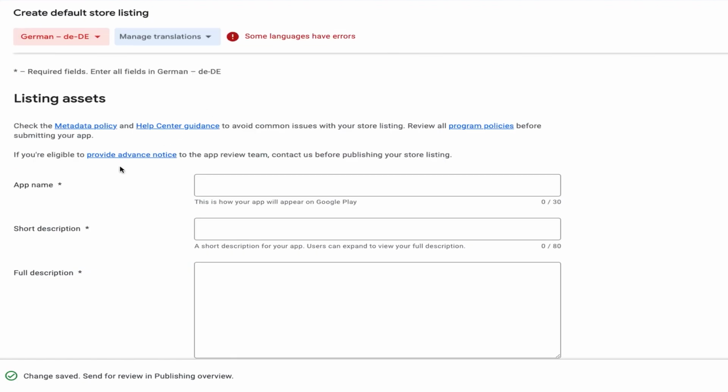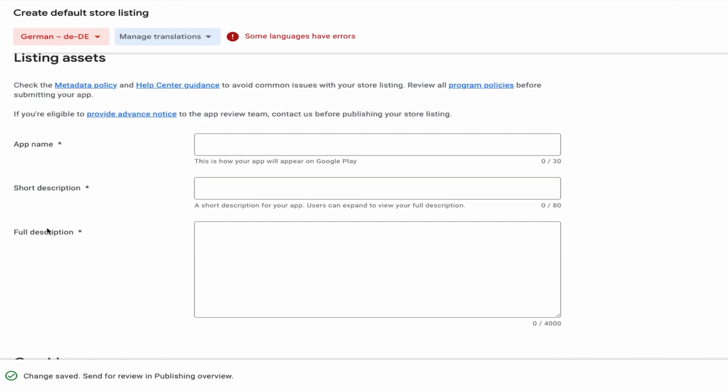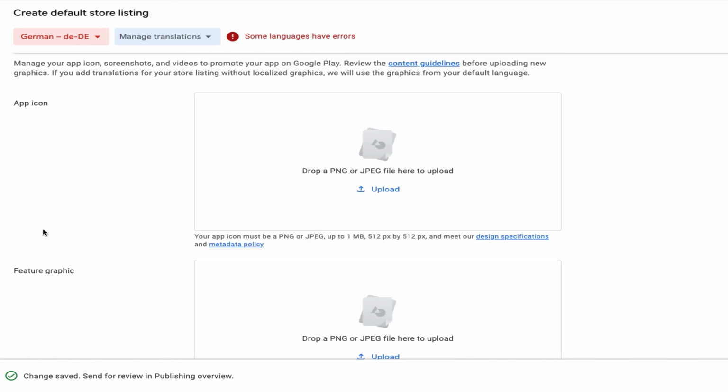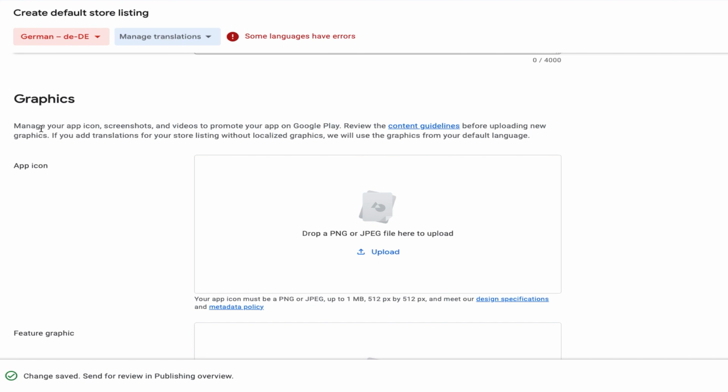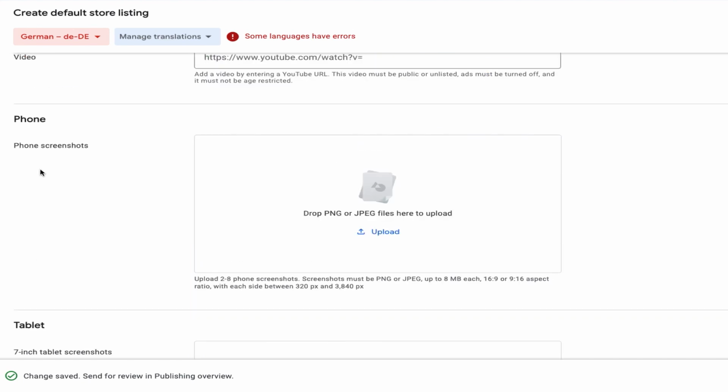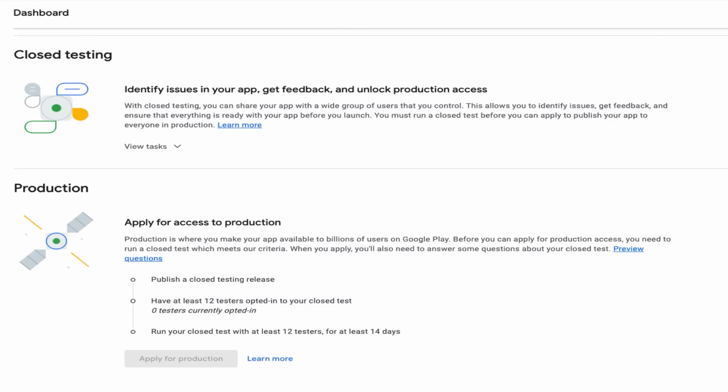So you can go through inputs such as the app's name, the displayed short description, displayed full description, and then all of the graphics relevant to your application, such as your app's icon and what have you. After submitting the information needed for Google to show your listing on the Google Play Store, before it gets published